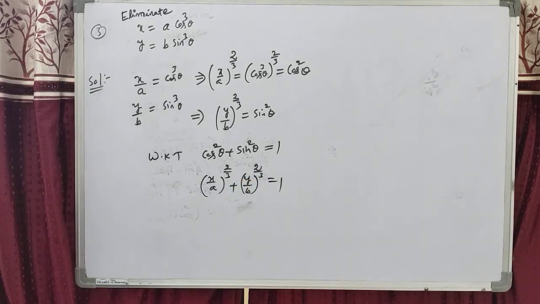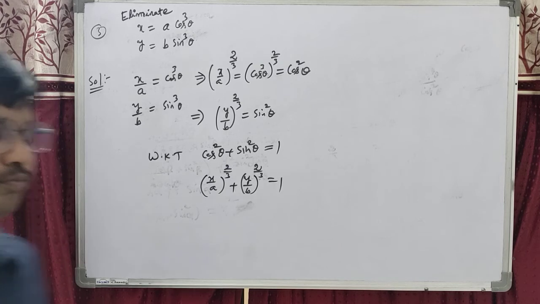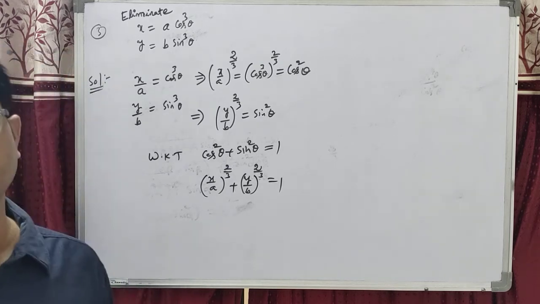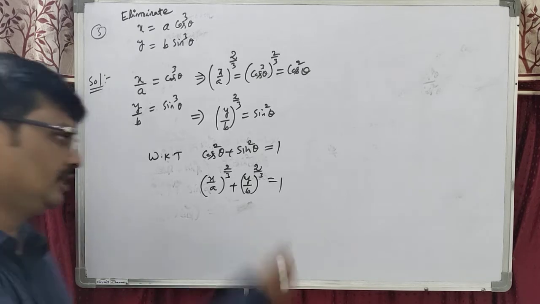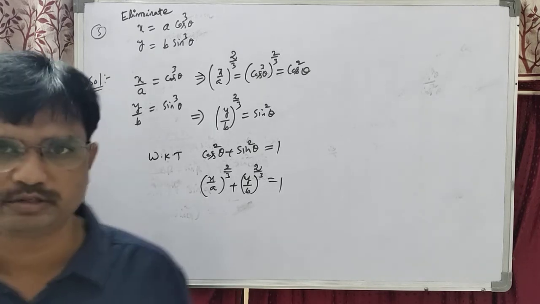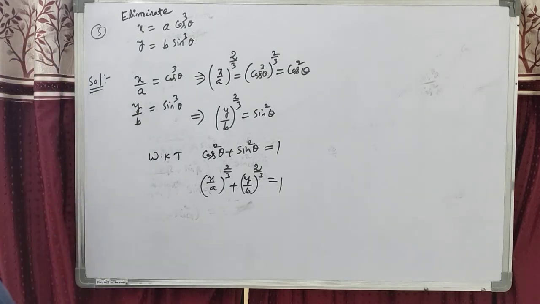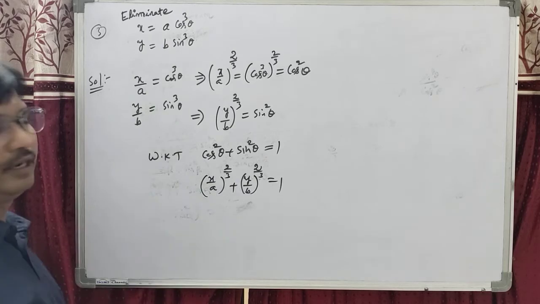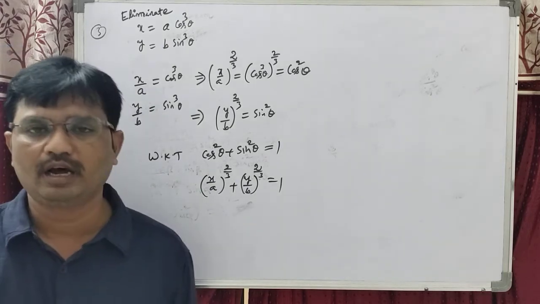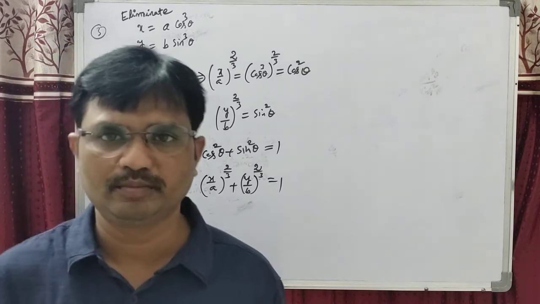Equals 1. Dear students, suppose you are confused here, then you can take any angle. Suppose a equals some value and b equals some value, and we also have to take a substitution for theta, which you can take as either 45 or 60, defined angles. Okay students, then you can proceed. Undoubtedly we can verify the options also. That is for the objective method. Suppose these are the simplest equations, don't take substitution. If the equation is lengthy, undoubtedly we have to take the substitution method. Okay students.